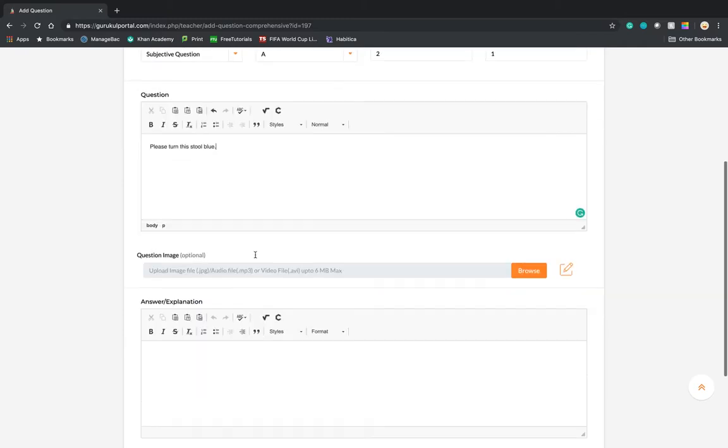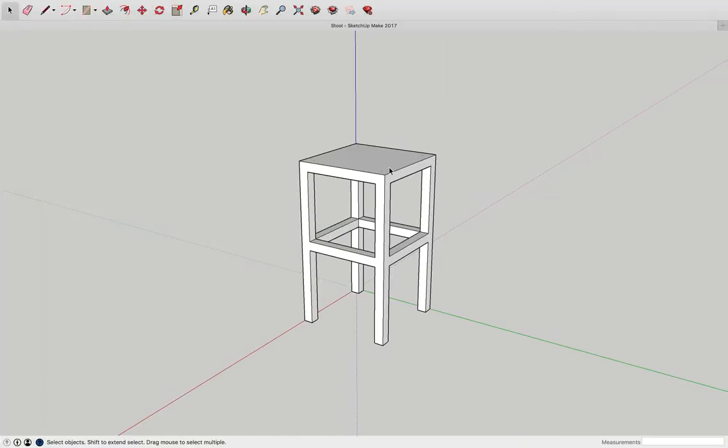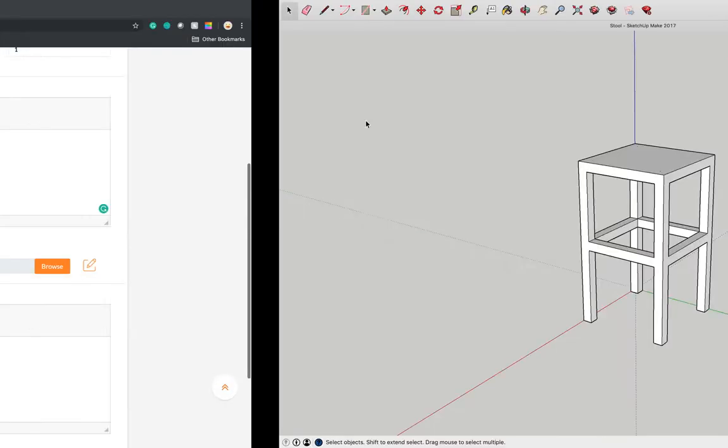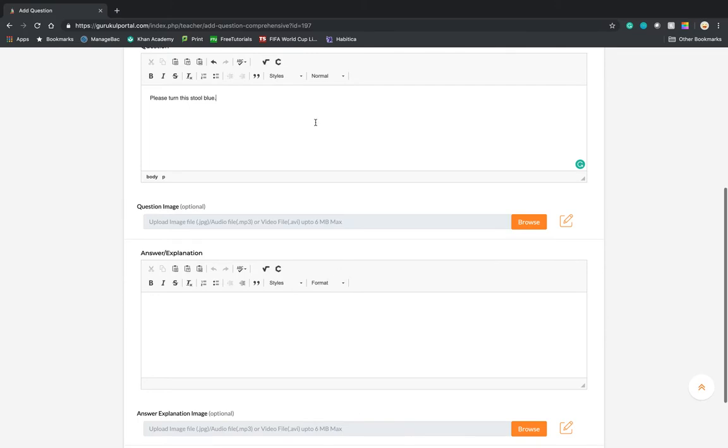There we go. So now, since we haven't added the functionality yet, we can upload the stool file here. This is the stool that we are going to be referencing. What we can do is save it as a 3D model file, SketchUp file, and then upload it here. Then what the user can do is download it and then do the instructions. Please turn this blue. So the answer would be